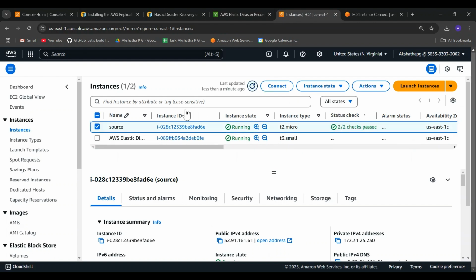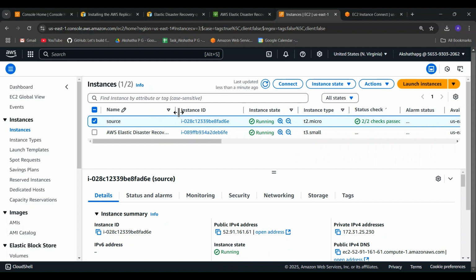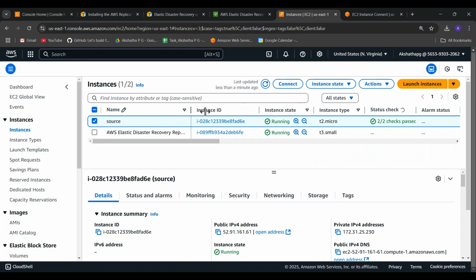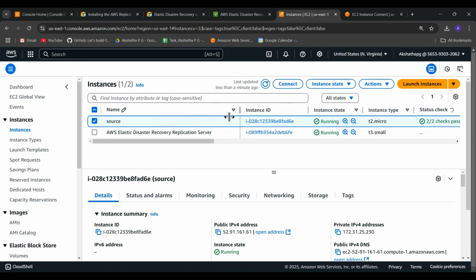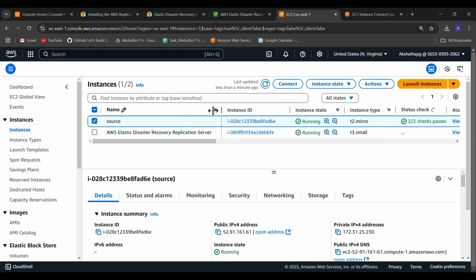So see, Elastic Disaster Recovery Replication Server. The replication server has been created,